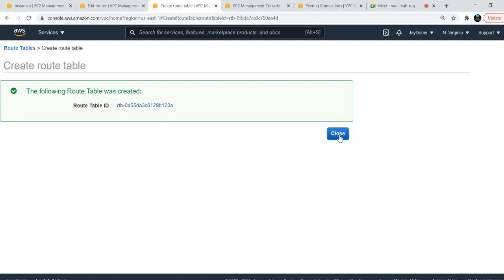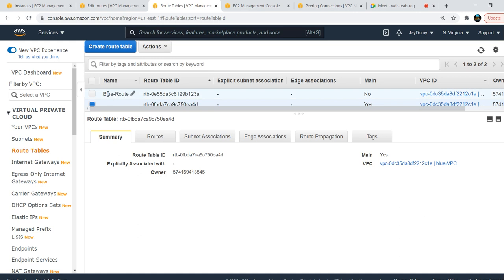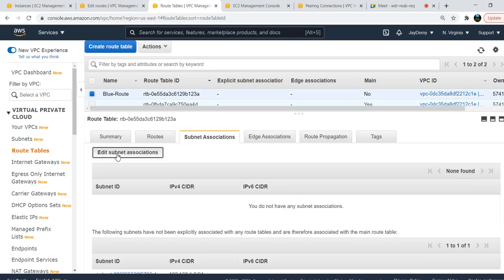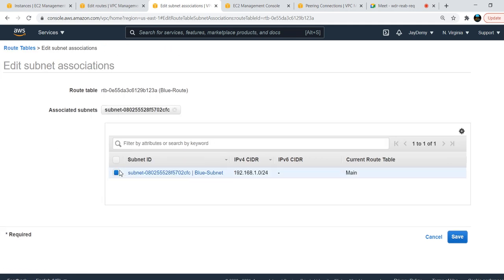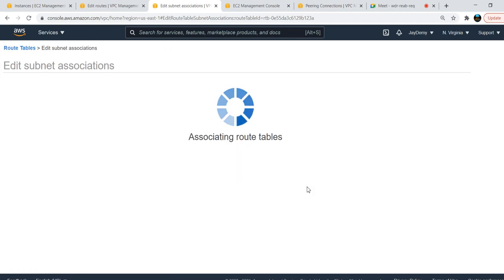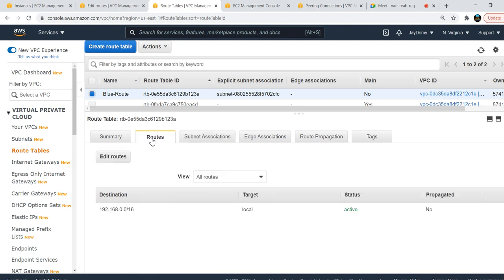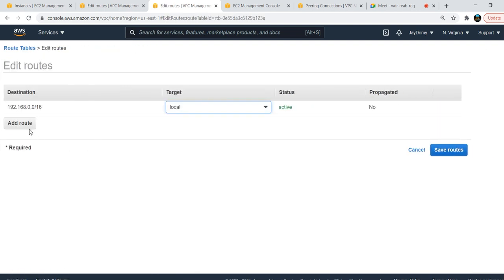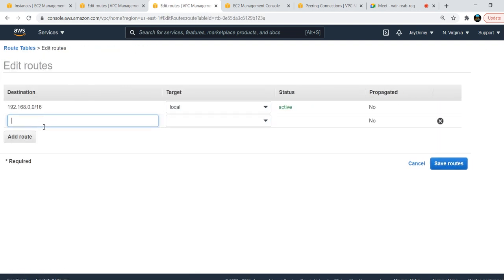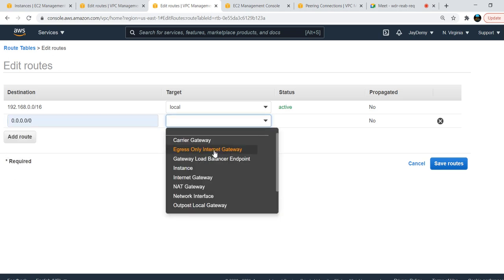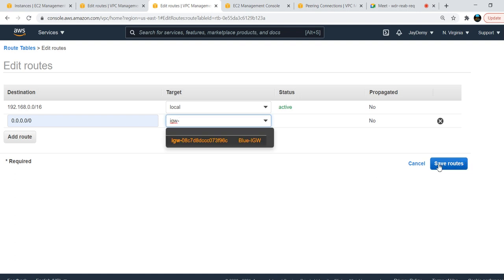Once I create this routing table, I'll navigate inside that blue route, go to the subnet association, edit my subnets, and use the one subnet which we have created now. Then go to the routes, edit routes, add route, 0.0.0.0/0 to the internet gateway.